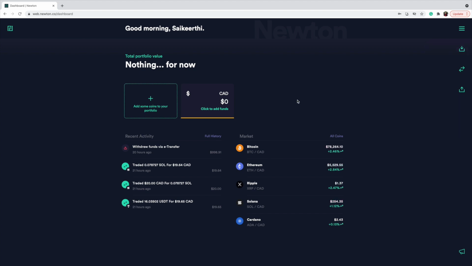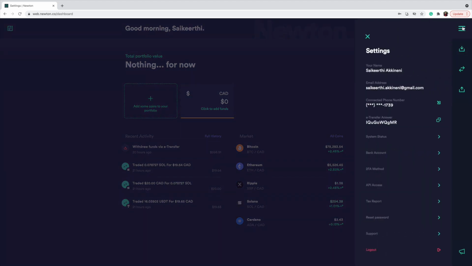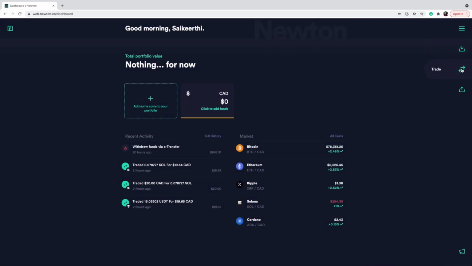Yeah, so whenever I'm buying or selling any of the coins, I prefer Newton platform. It's just that I don't keep my crypto assets on this platform because you can't stake, so I transfer everything to crypto.com so that I can stake and earn interest, because rates on Newton are really good compared to so many other apps. So that's why I do that.